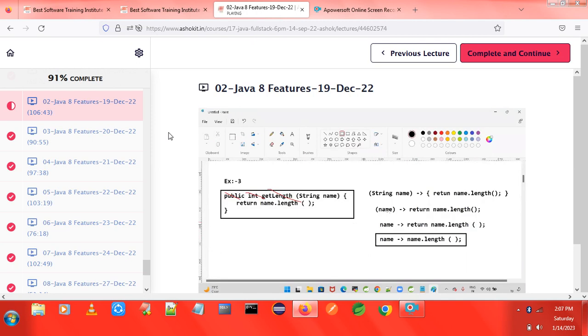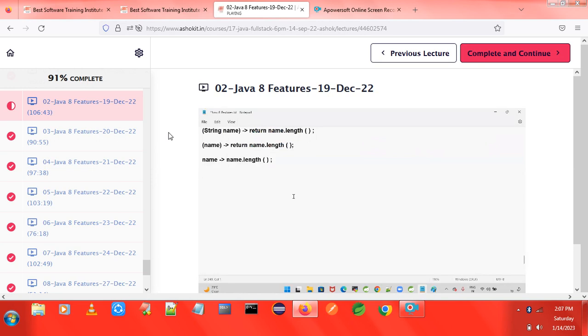Now, can I give one more example? Can you write that? Example 4. Assume that there is a method public